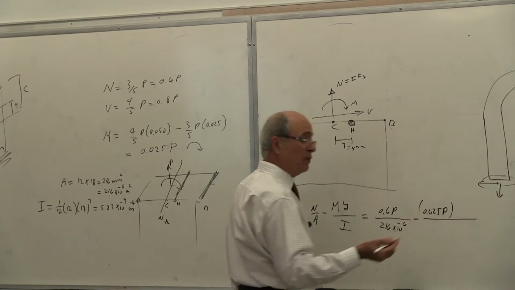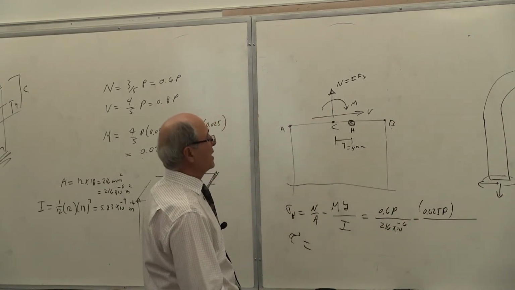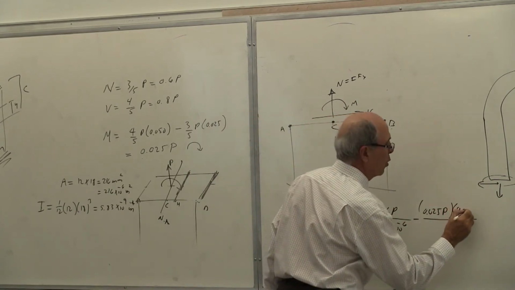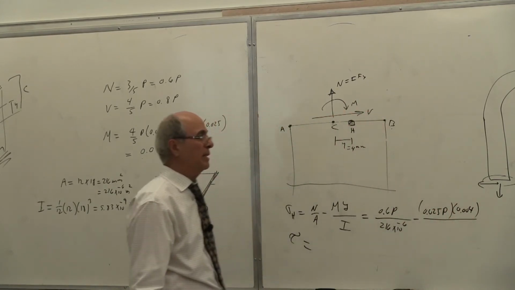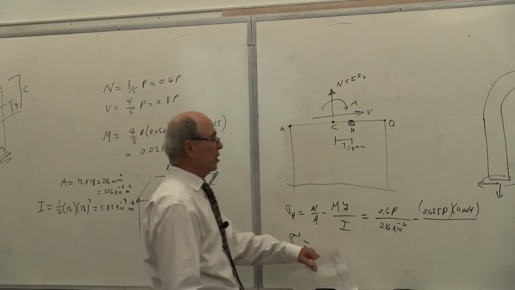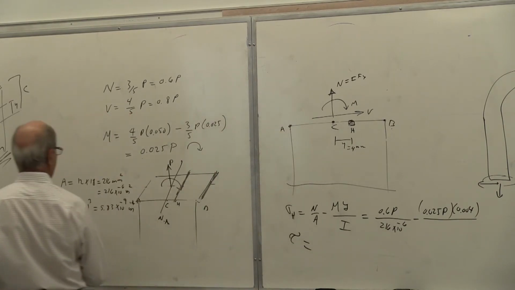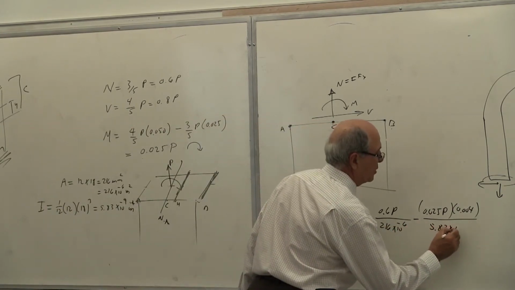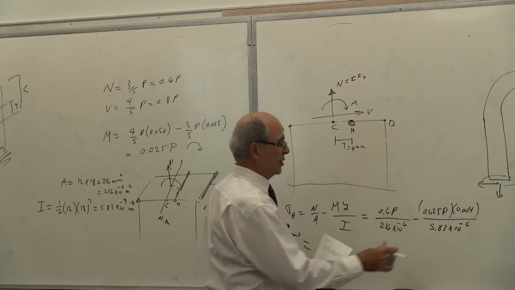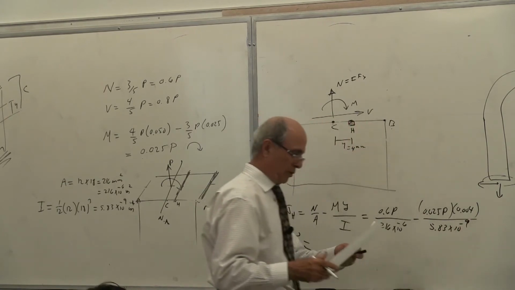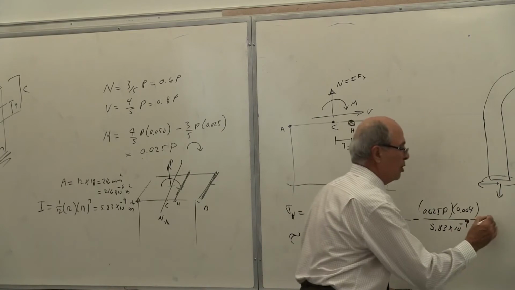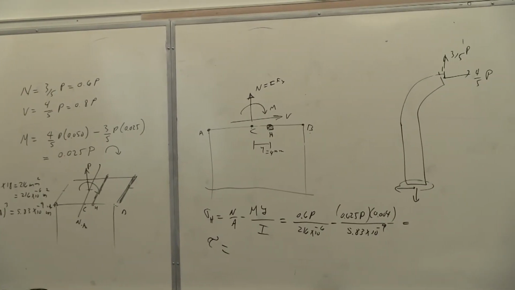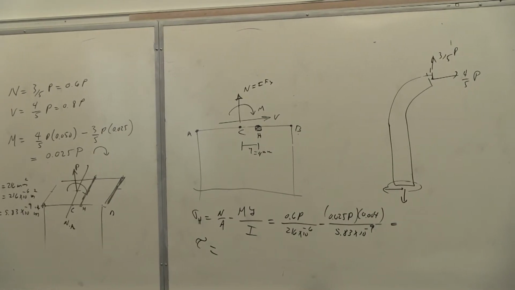0.025P, or if P was given, you put a number there. And the distance from the C, which is at that point H, is 0.004 meter or 4 millimeter, divided by I. Of course, the I have to calculate that. I give it to you here, 5.83 times 10 to the power of minus 9, sorry. I said 9, but I wrote 6. So that must be equal to the sigma, right? But the sigma was how much?